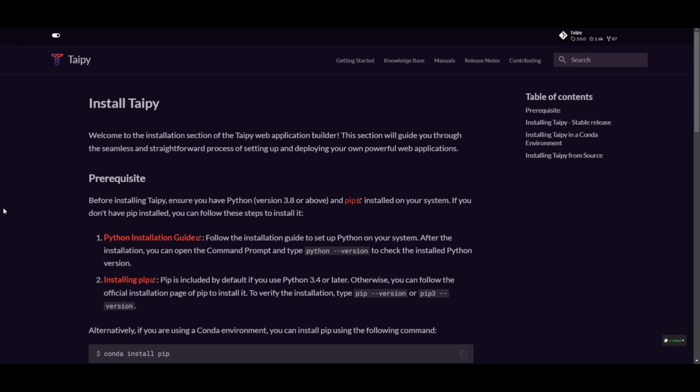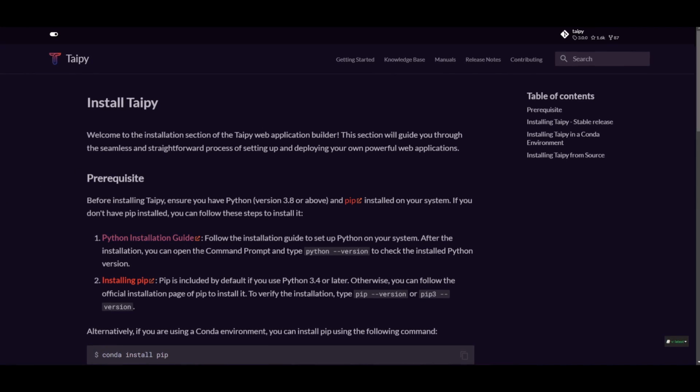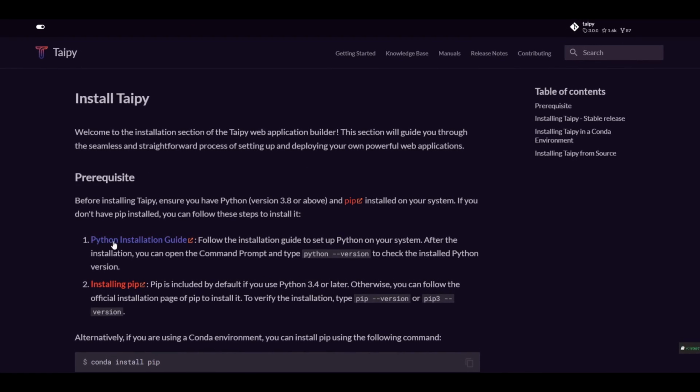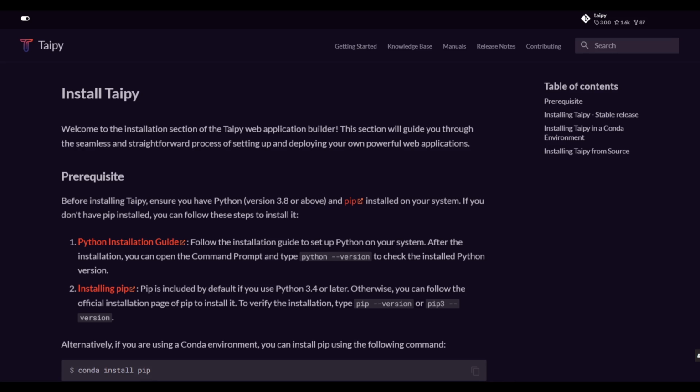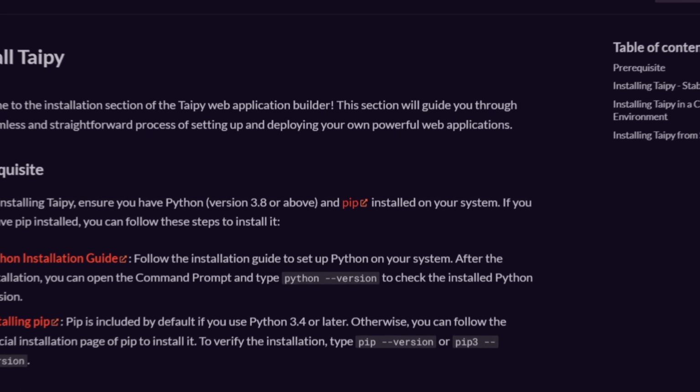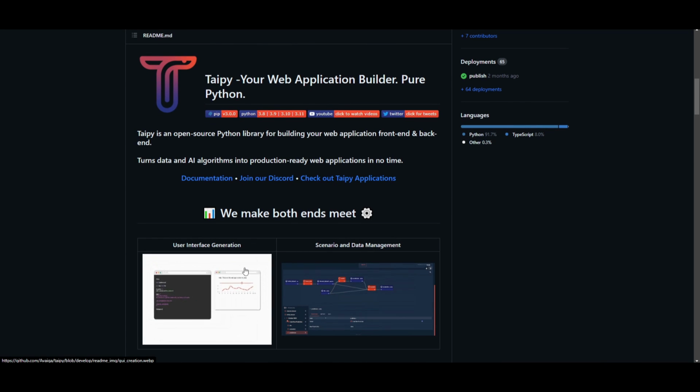So there's a couple of prerequisites that you'll need. First off, you're going to need Python, obviously, as well as pip. So pip is something that will be used to install this, so make sure you have these two prerequisites fulfilled, and then we can move forward with the installation. Now, you will also require Git. This is something that I forgot to mention in the prerequisites, but once you have that also installed, we can